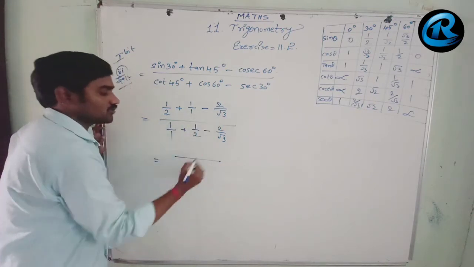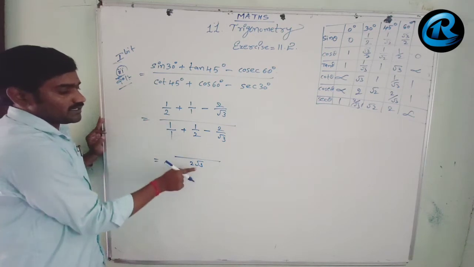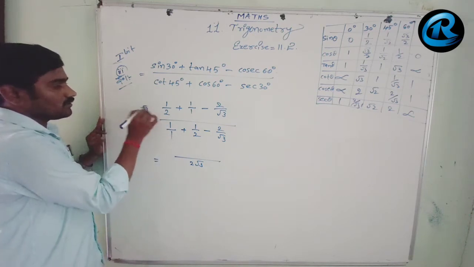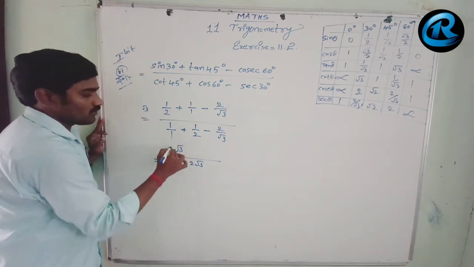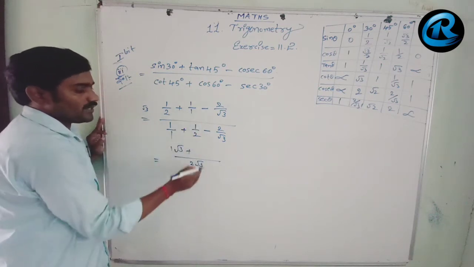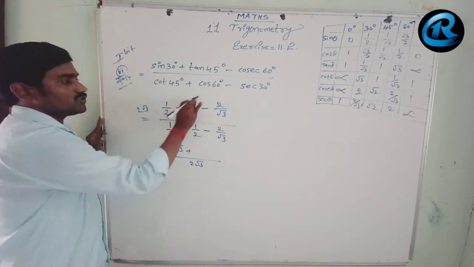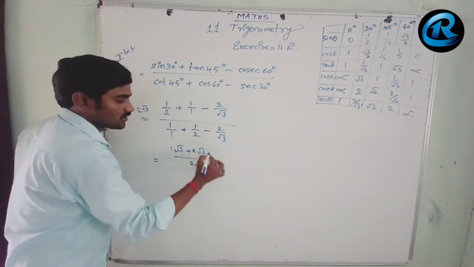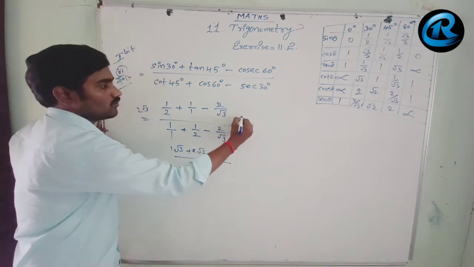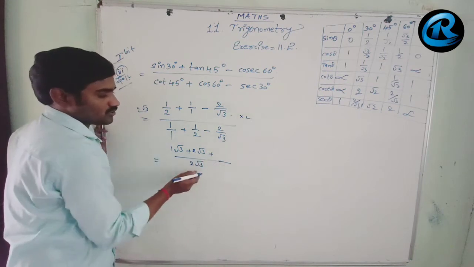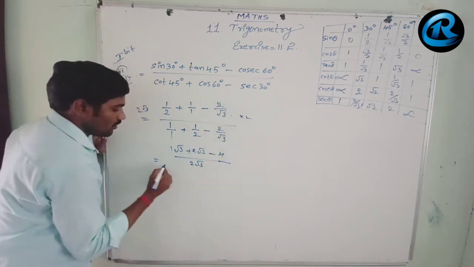Then 2 into 1 into root 3, that is 2 root 3. Root 3 into 1 is 1 root 3, plus 1 into 2 root 3, that is 2 root 3. Plus here root 3 into 2 is 2 root 3. And 2 into 2 is 4, sorry, minus 4, whole by